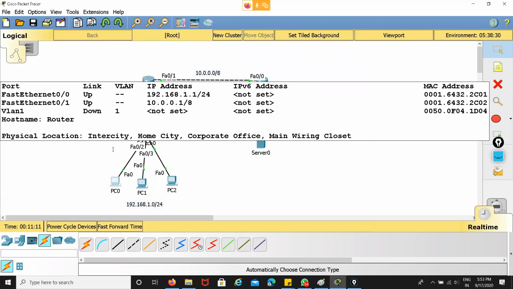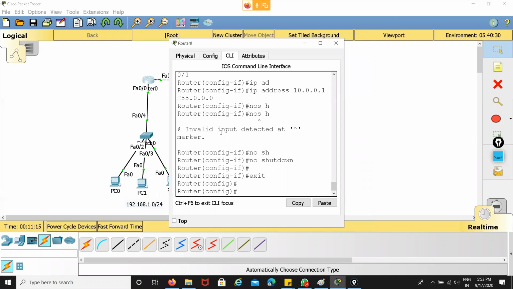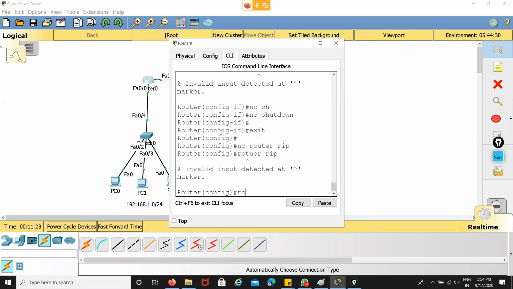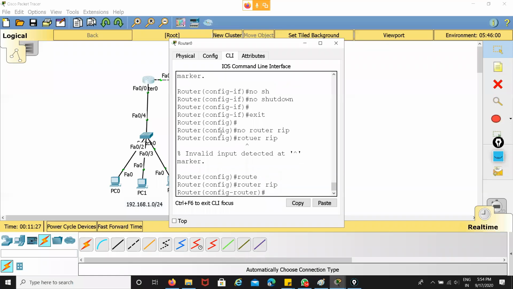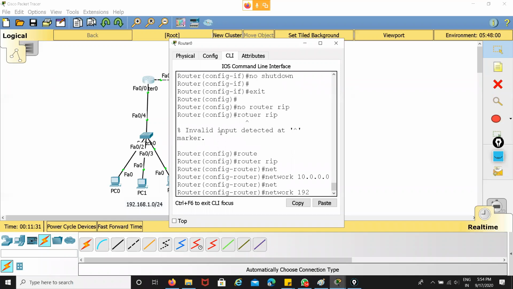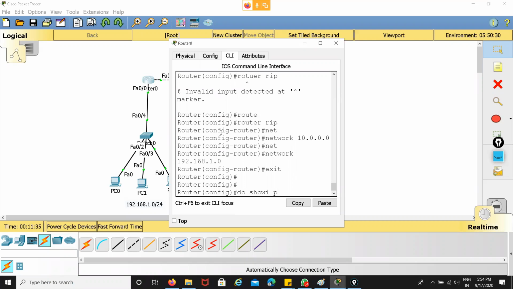Router RIP, network 10.0.0.0, then 192.168.1.0. Do show ip route to check.